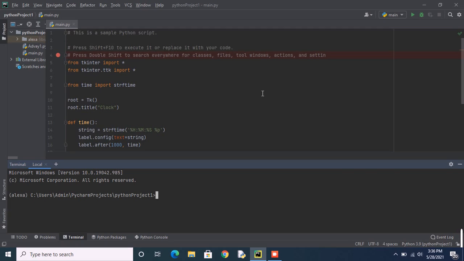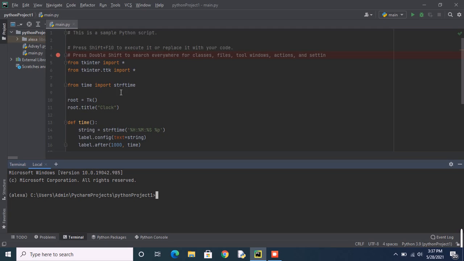You can see there is from Tkinter import. So what is Tkinter? Tkinter is basically a Python GUI toolkit. There are different types of toolkits in Python, and PyCharm has them already pre-installed, but the normal Python doesn't have it. That's why I told you, once you install PyCharm, you can learn almost everything from the Python programming language. So Tkinter, I explained to you guys.